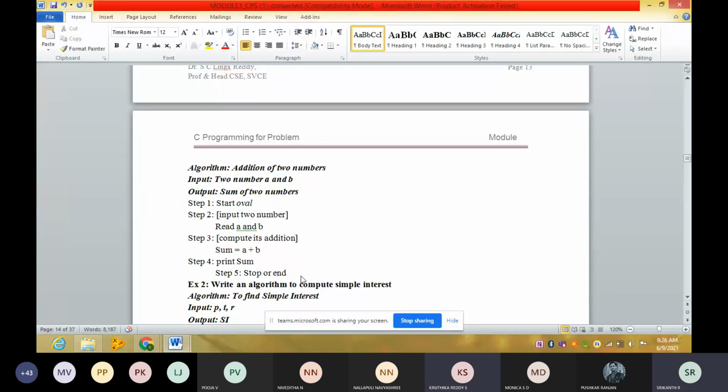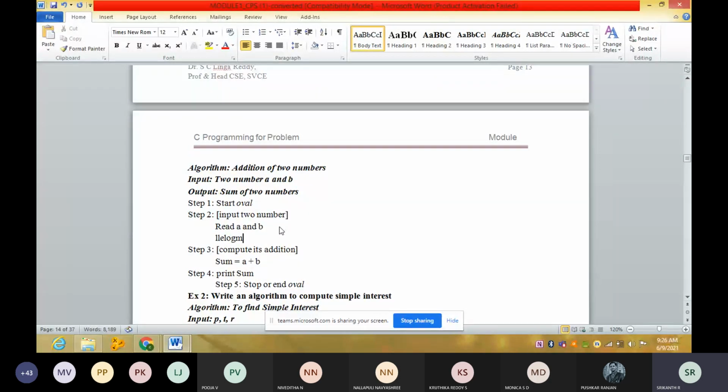Oval, sir. Everyone, please respond. Oval. For input, output, parallelogram. Here, for input, I will use parallelogram.